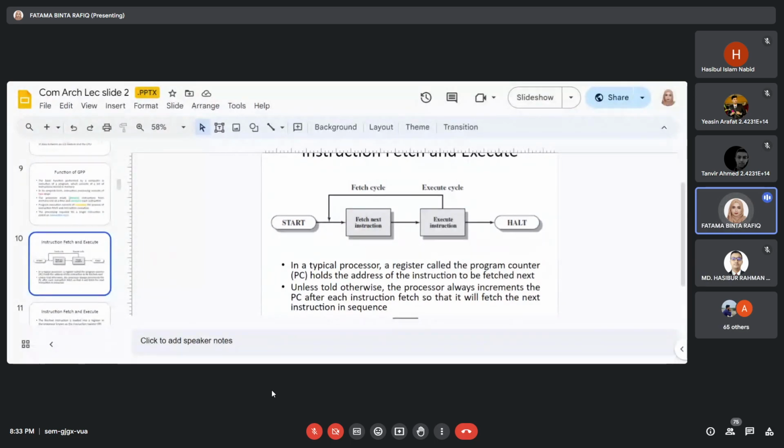In a typical processor, a register called program counter holds the address of the instruction to be fetched next. Unless told otherwise, the processor always increments the program counter after each instruction fetch so that it will fetch the